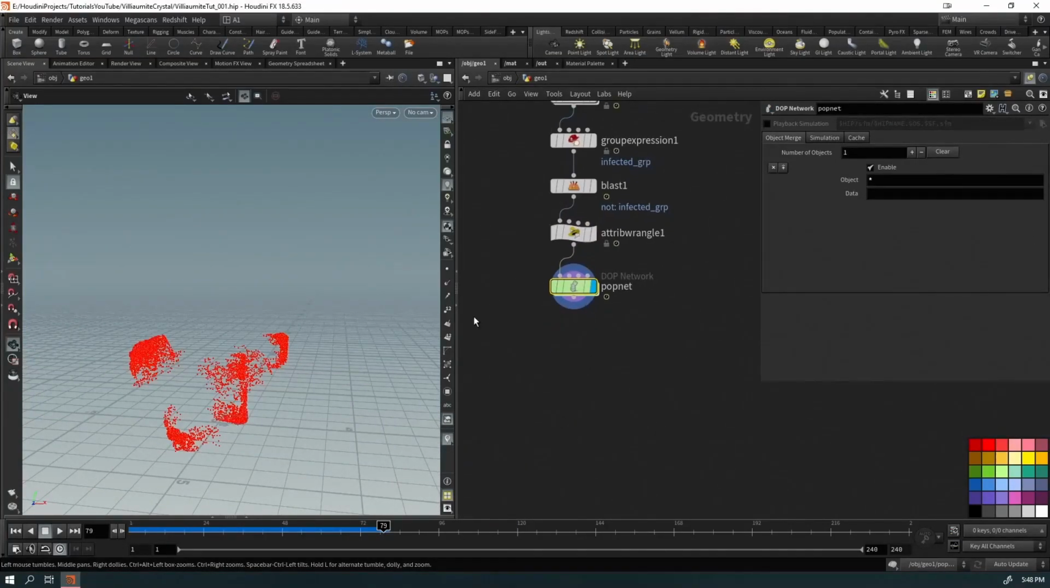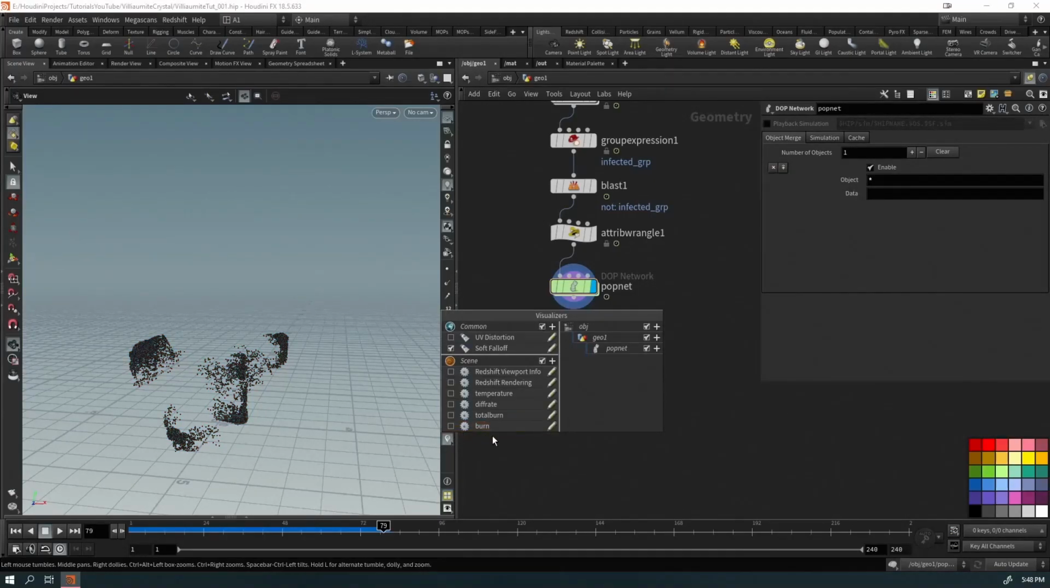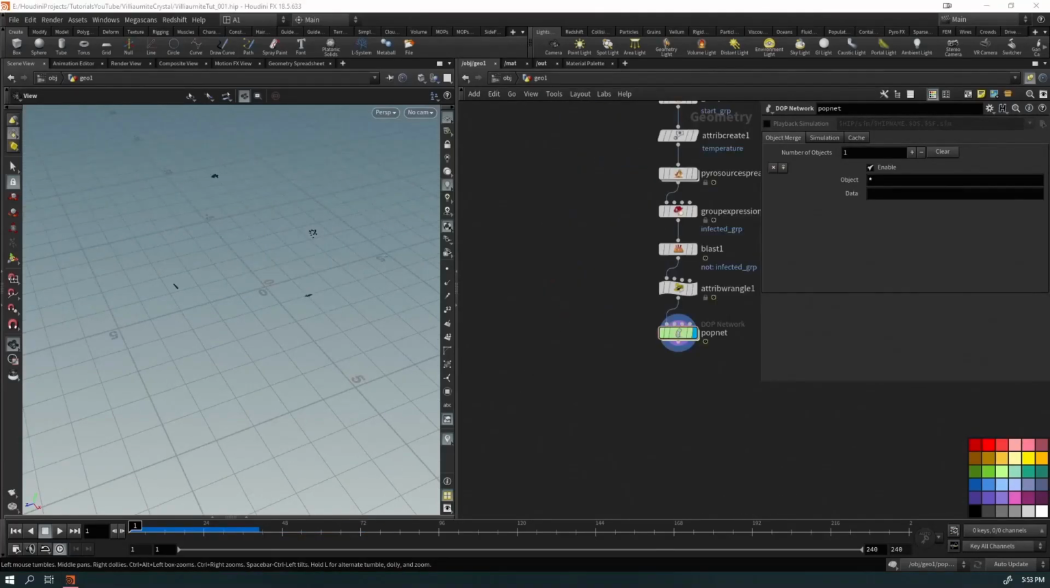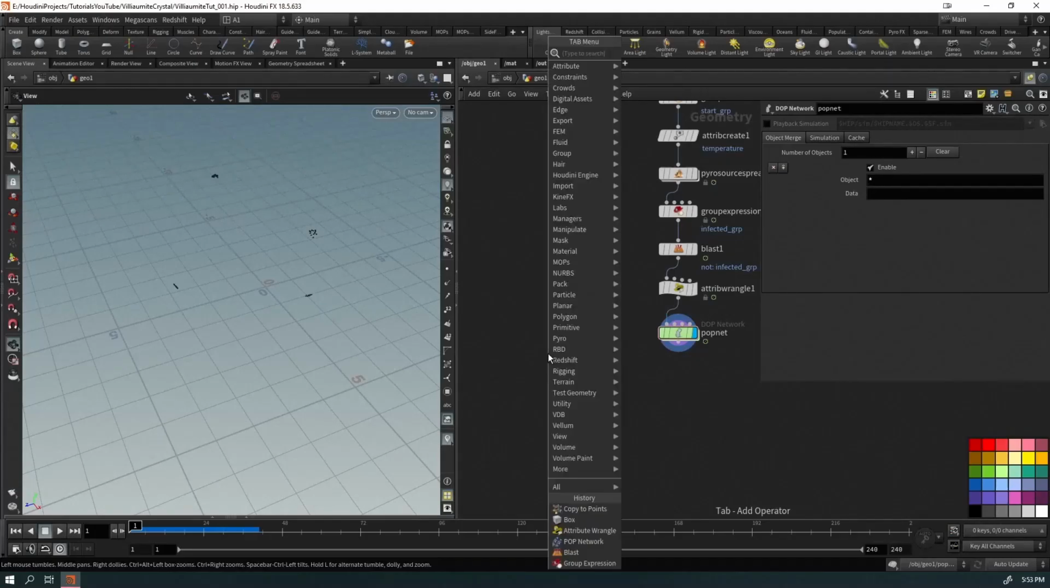All right, we're done with the popnet. I'm just going to uncheck this burn from here. We don't need to see what's happening there. And let's get to the fun part. All right, I'm going to copy some points in here. All right, so let's put down a box,